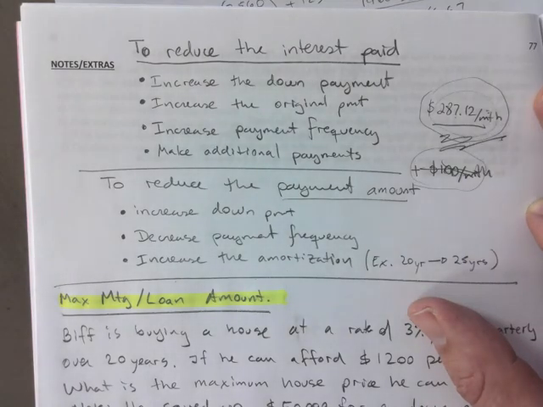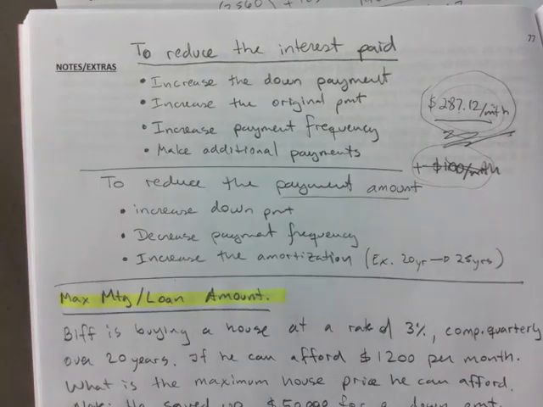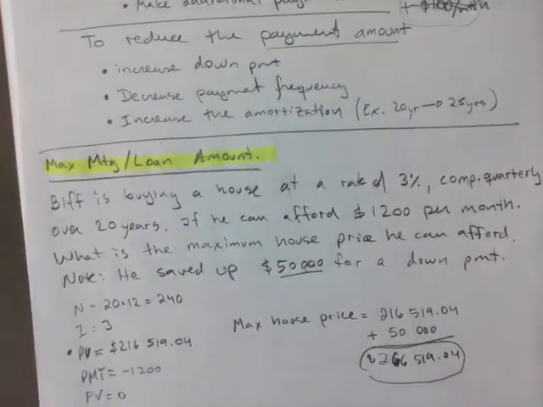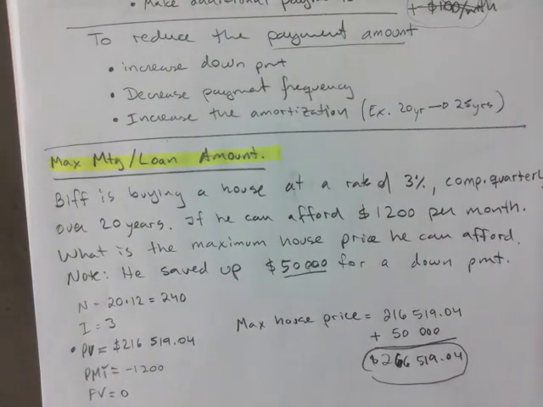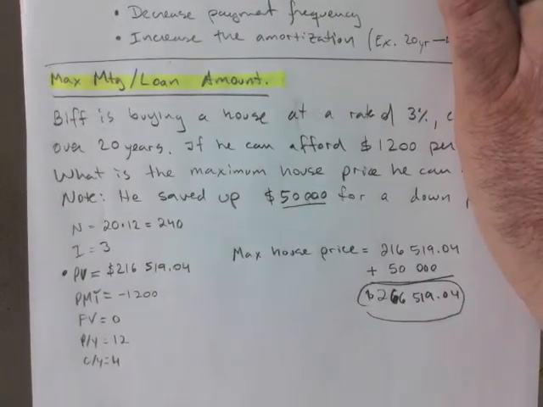You were all bang on, so I'm very proud of you guys when it comes to that, because that's what I need you to know ultimately. Do you know how to save interest? Okay. What else did I want to say? I feel like I didn't do a good job at telling you about